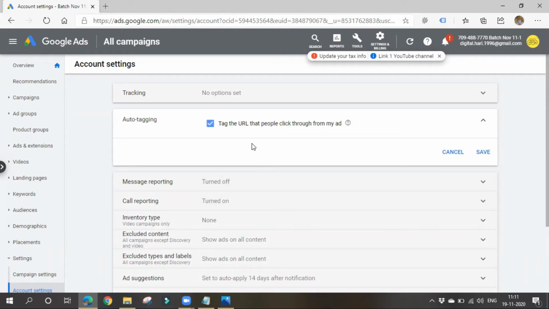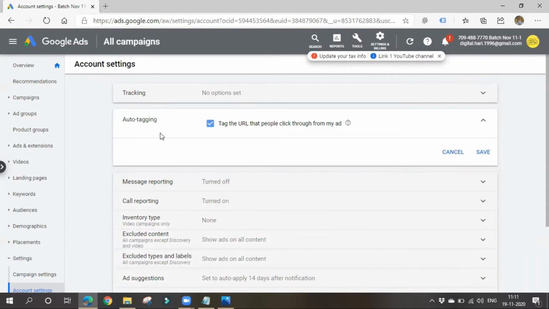As the GCLID parameter tracks everything and sends the information from Google Ads to Google Analytics, you can see everything people are doing on our website after clicking on our ad. This is how we can enable auto tagging.